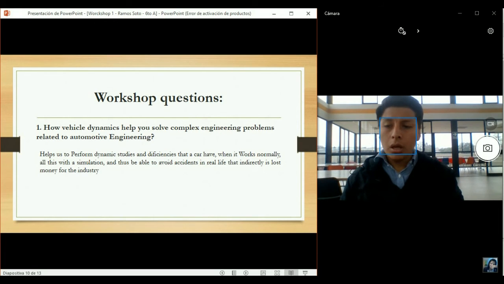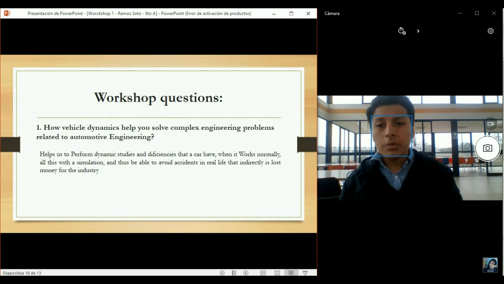Workshop questions. How does vehicle dynamics help you solve complex engineering problems related to automotive engineering? It helps us to perform dynamic studies and evaluate the efficiency that a car has when it works normally. All this with a simulation, for example, Adams Car, and thus be able to avoid accidents in real life, which indirectly is lost money